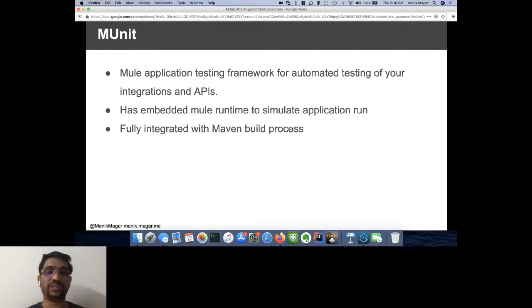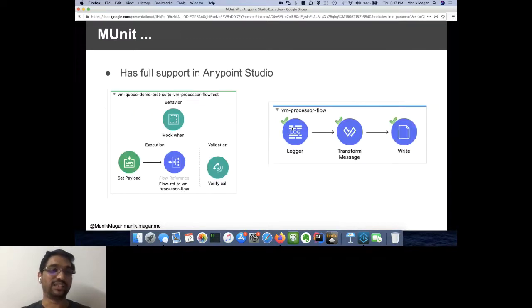It is fully integrated with the Maven build process, which is the primary build process for MuleSoft applications. Whether it's Mule 3 or Mule 4, both will be same. Mule 3, it is still there. So I won't say it's not there, but it is still there. So that's MUnit. And like I was saying, it is very native to the whole MuleSoft platform itself, which means